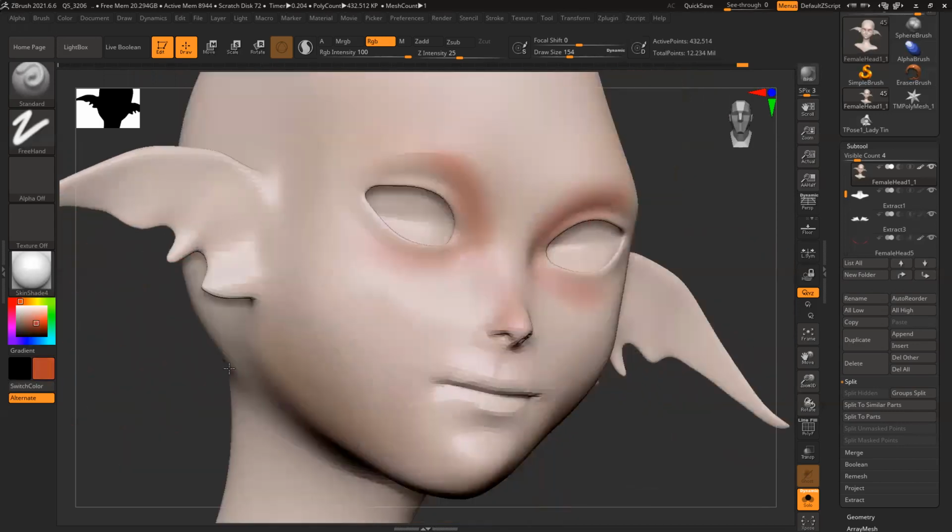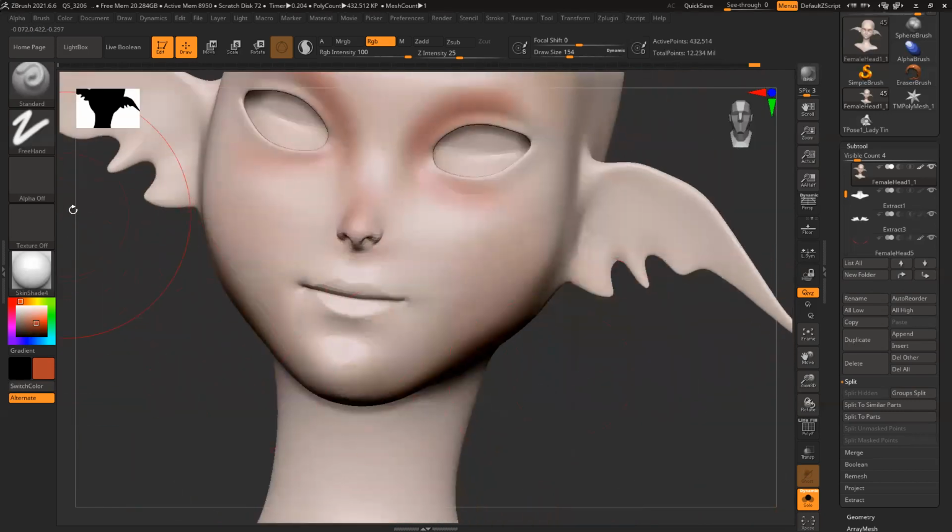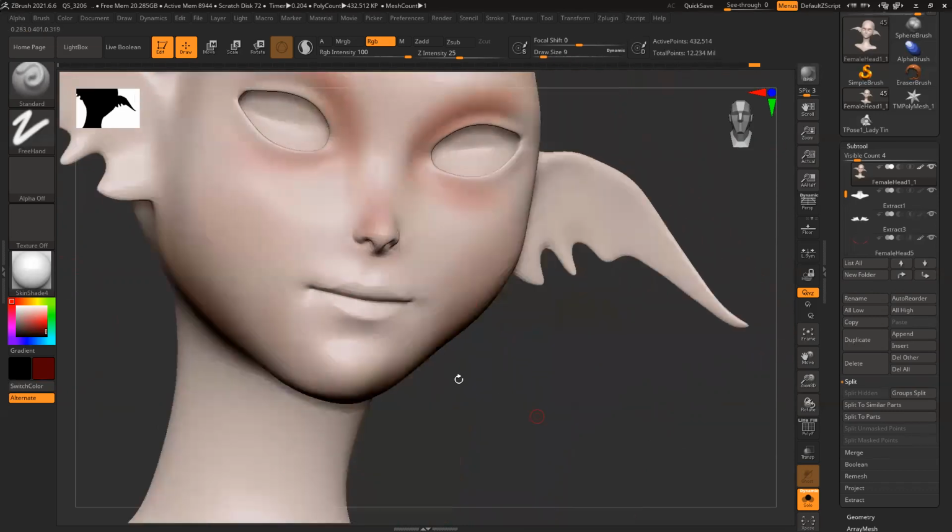Slightly more red. Cheeks are slightly red. Dark red. Almost crimson.